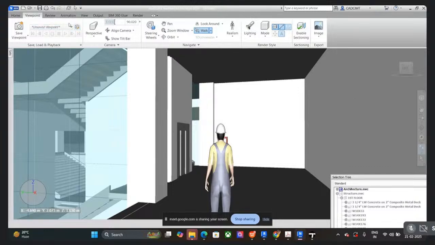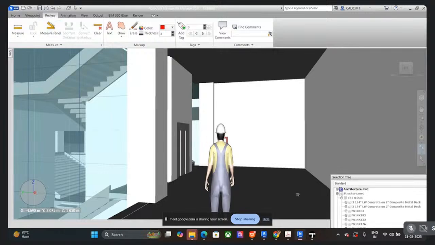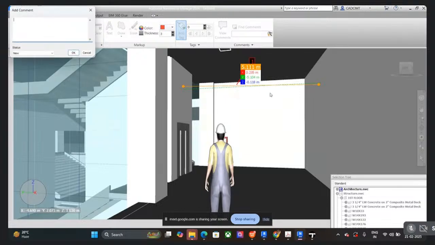Now, how are you going to mark the issue? To mark the issue, there is a review option over here in which you can measure. Let's say you have an instrument of measuring. If you want to measure the height of this, you can click the measure option over here and do a point-to-point measure. You can see that it is 4.7 meters. And if you want to see the clearance between these two walls, you can always do a measurement. Then you can add a tag to it and write a comment that says measured. So now this particular